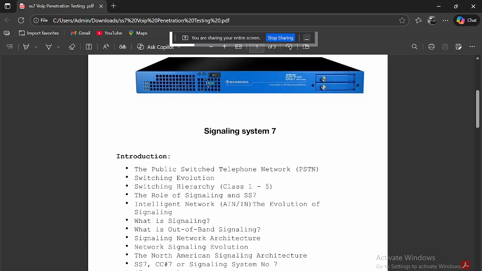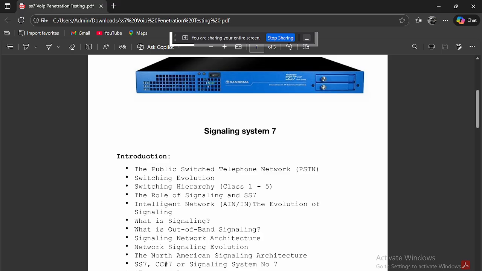Signaling will help you with finding the person whom you are calling, checking that their phone number is valid and available, setting up the call, delivering text messages, ending the call, handling roaming, and routing special numbers like 911 or toll-free numbers, which we have also discussed in a past tutorial.